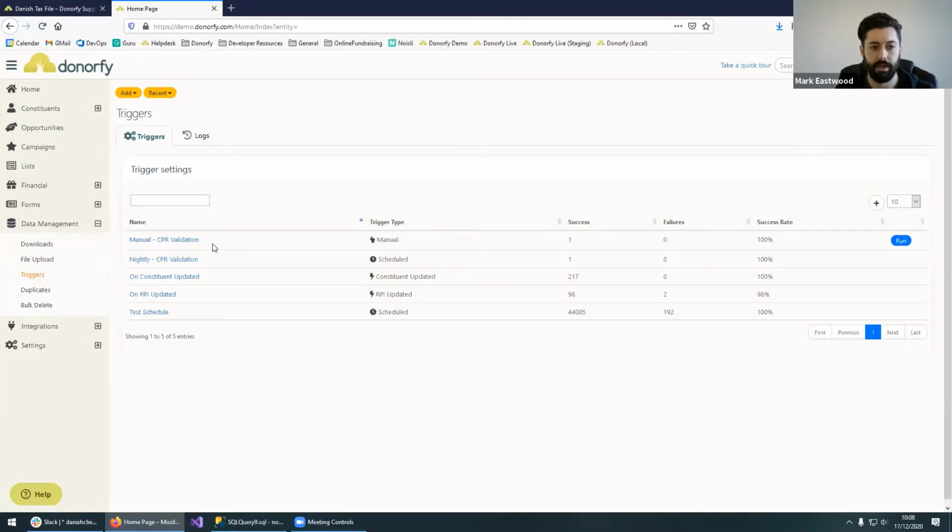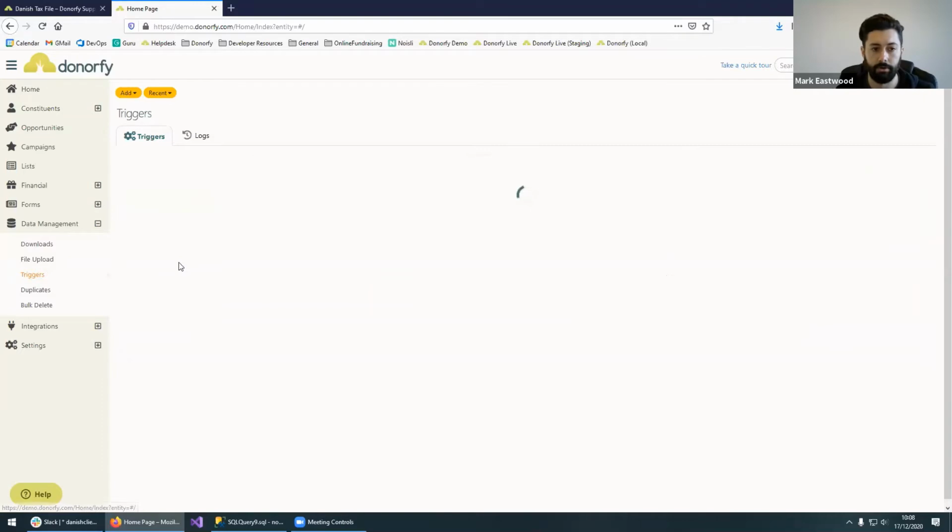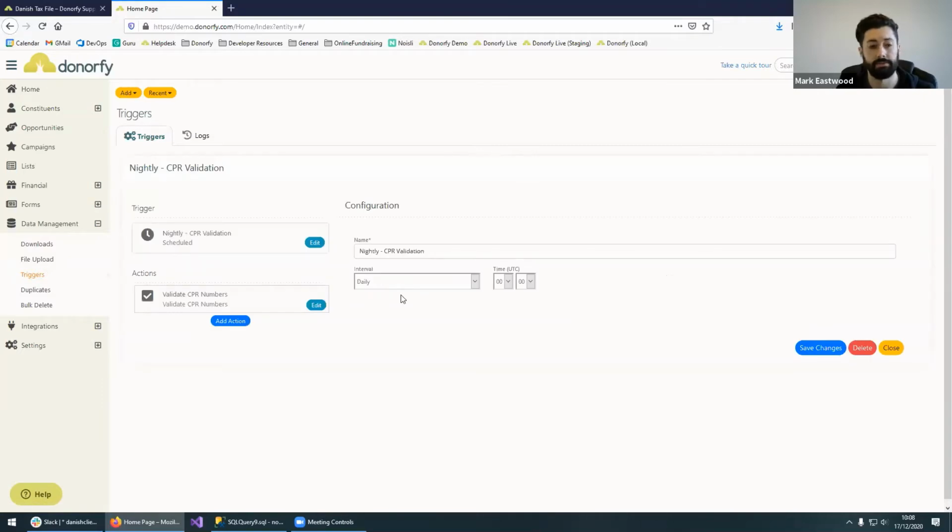One is a manual trigger. So manual trigger gets run at any time when I press the button next to it. And I also have another one, which is a nightly one, which is a scheduled trigger. So I'm going to click on my nightly one just to show you what that means. So I have a trigger which is run on a schedule, and I can set when I want that to